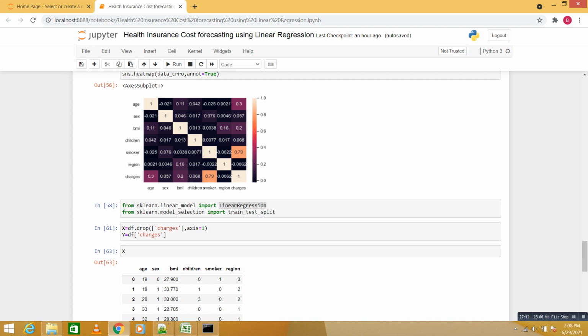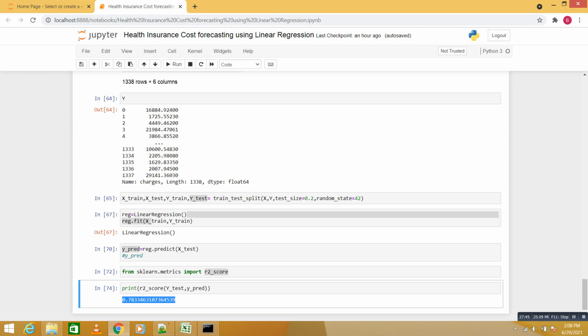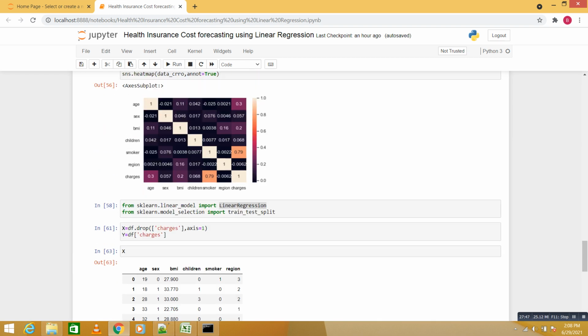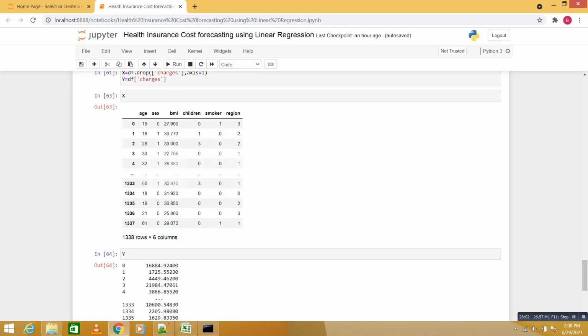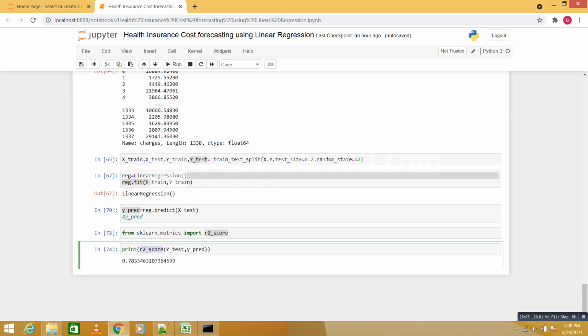One thing you can try is only age and smoker, predict the value based on those, and check the r square. R square is nothing but the evaluation metric. It tells how confident we are about the model, how well the model fits, and how much percentage of the variation the model can predict. That is nothing but the r square.